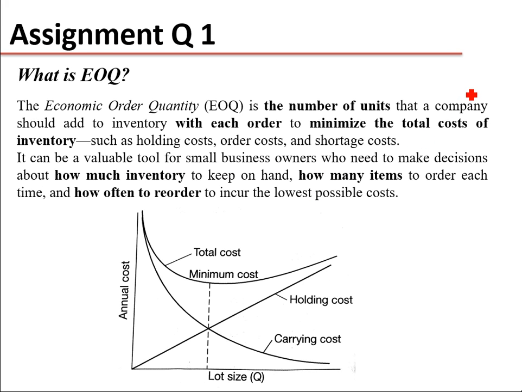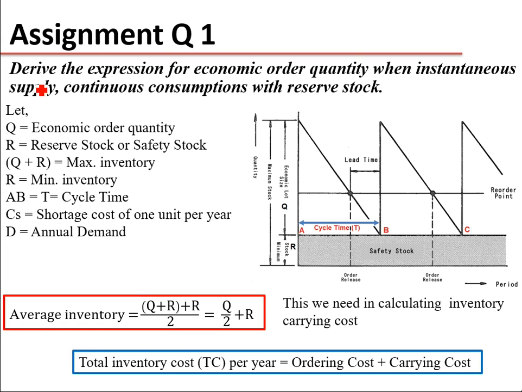I have already discussed EOQ in the previous lecture. You can go and see my previous video for this EOQ. Now I am going to derive the expression for economic order quantity when there is instantaneous supply and continuous consumption with reserve stock. In this case,